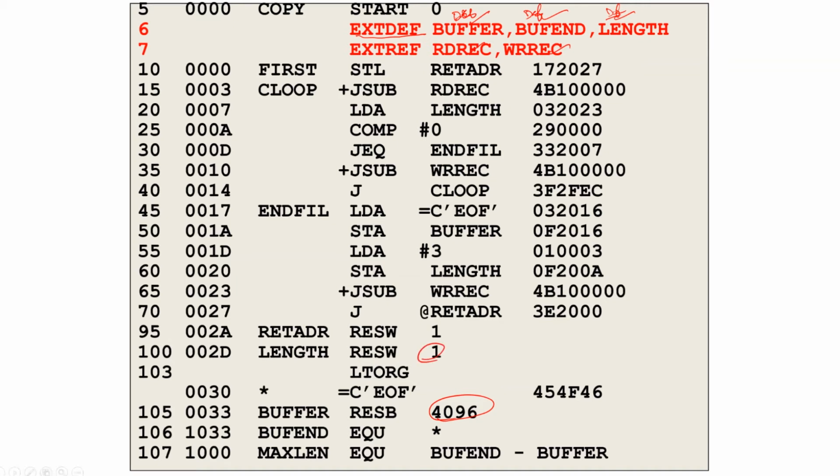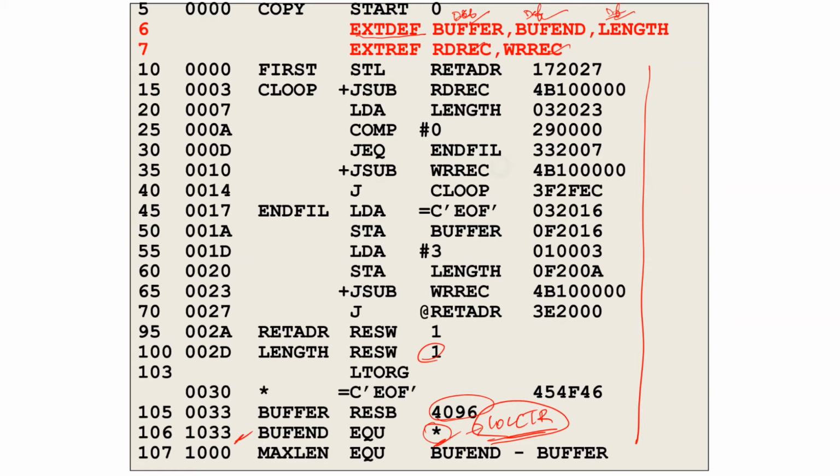Length is a reserved one, defined here. And buffer is 4096. Bufferend equals star, which specifies the current value of the location counter. So these three things are defined here, but will not be used inside this control section. They will be used in some other control section.